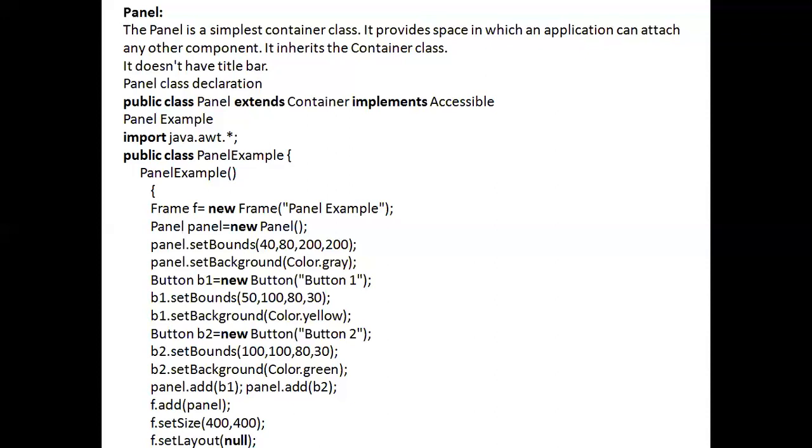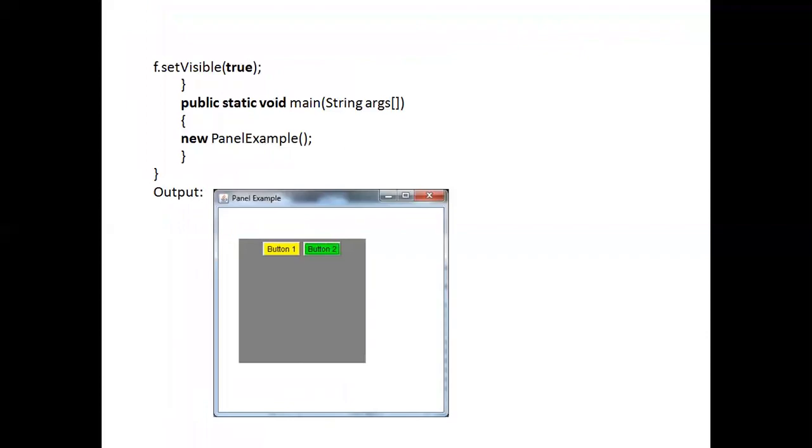And button 2 is labeled as button 2, and the boundaries of button 2 are 100, 180, 30, and the background color. We have set the background color of button 2 as green, and you can check the output here. The panel's inside color is gray, and inside the panel we have added two components: button 1 and button 2.